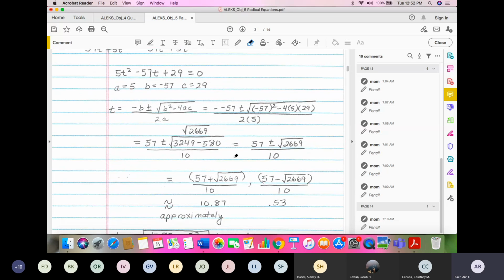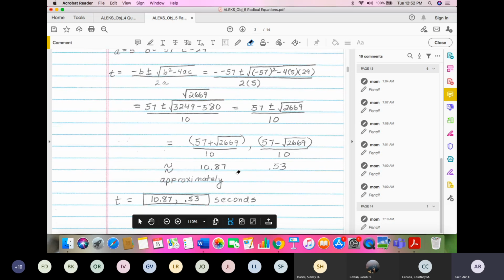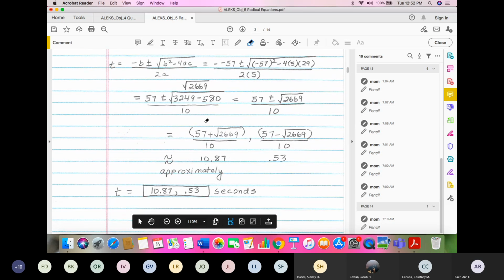So how do I handle this? Well, first of all, if you're going to put this in, you will need to put this in your calculator. When you have 2 or more numbers of any kind represented in either the numerator or the denominator of a fraction, you want to make sure you're putting parentheses around them, or the calculator is going to think you want it to do something else.